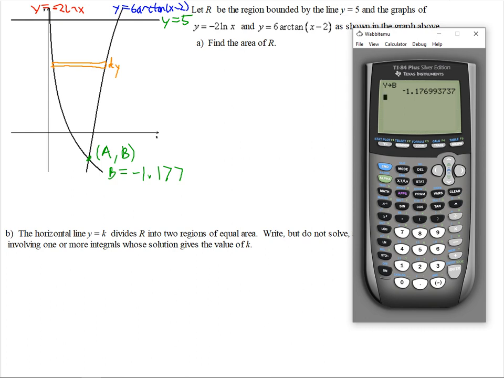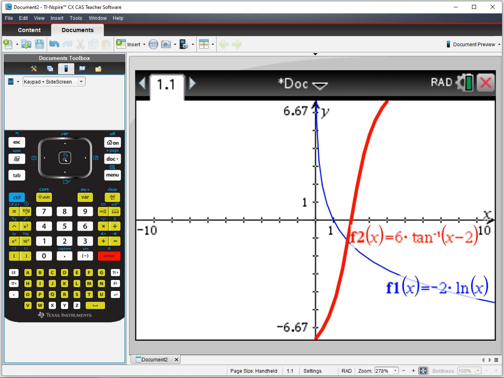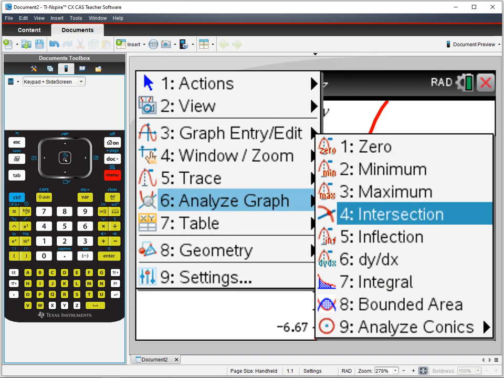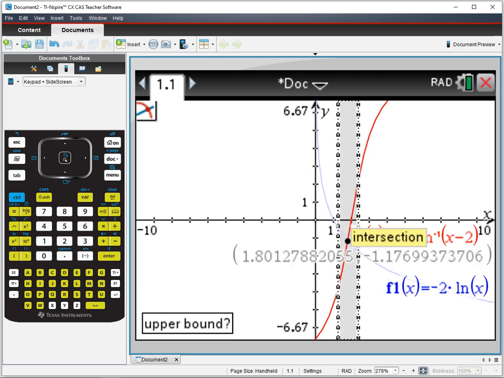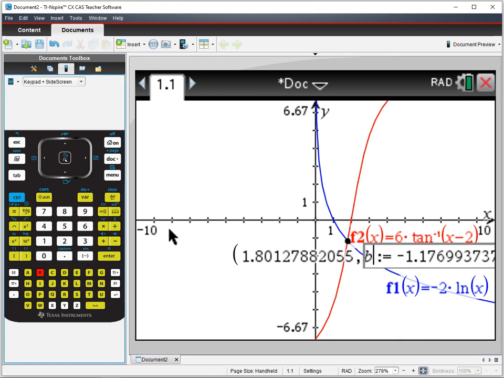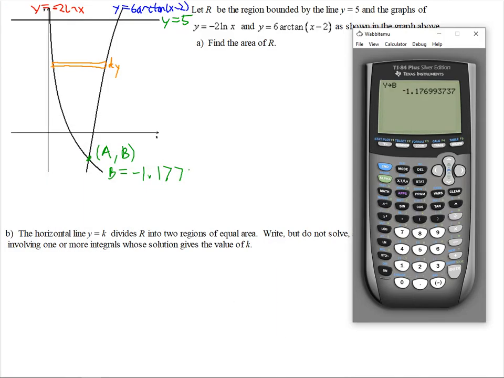All right, and then on the Inspire, how do we do that? We would go menu, analyze graph, intersection, and then lower bound, just move this line to the left of the point of intersection, upper bound, and click, move it to the right and click, and then it gives it to you. Then highlight the y coordinate, and just like we do for the x, var, store, and then choose a letter for it, so B, and it bolds it. When you write on paper, you have to be at least to the thousandths place accuracy, so now we can write our integral here